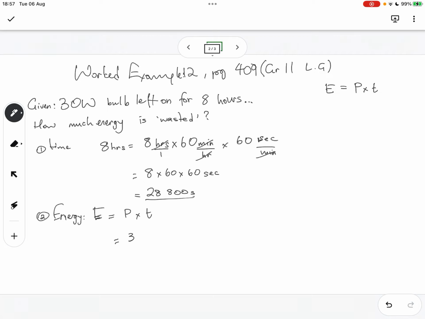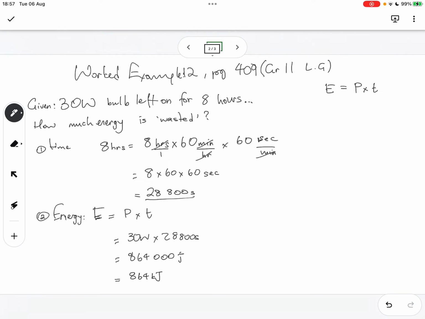So our power is 30 watt, and our time is 28,800 seconds. And the energy that's wasted is 30 times 28,800. So just multiply by 30, and we get 864,000 joules,